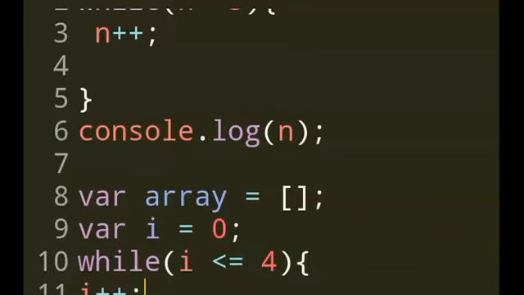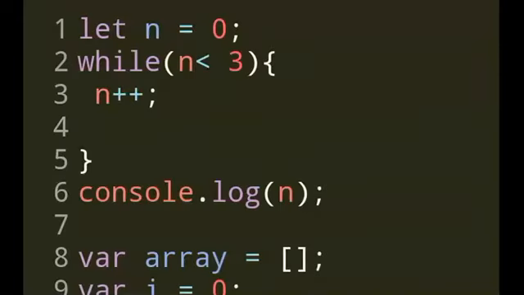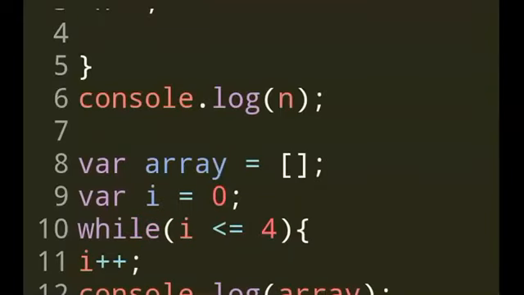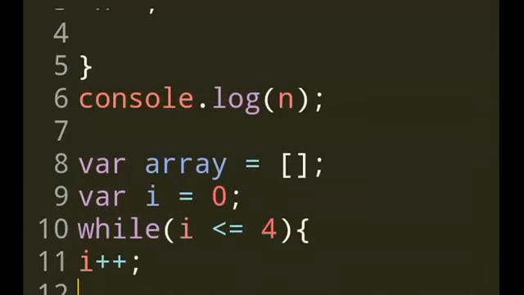And then you can do the console.log array. Oh, sorry, I should have done it outside. I'm sorry, this should be outside. And there's something else I forgot. After you increment the value of i, in order to get the value, you also need to execute one more thing.